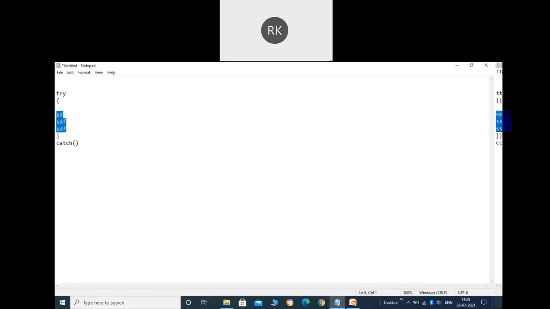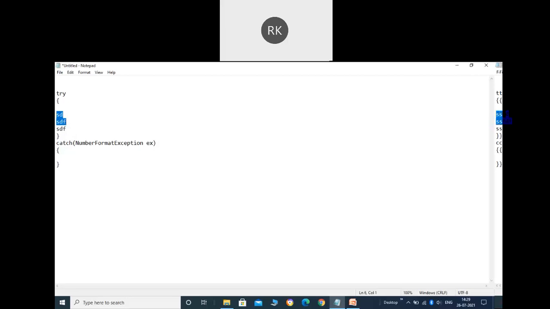Like suppose we are trying to convert a string into an integer. In that case, it can throw what? A NumberFormatException. So what is NumberFormatException? It is a class here, so I can specify that, like this. And we have lots of exceptions here. This is how I'm going to code it.